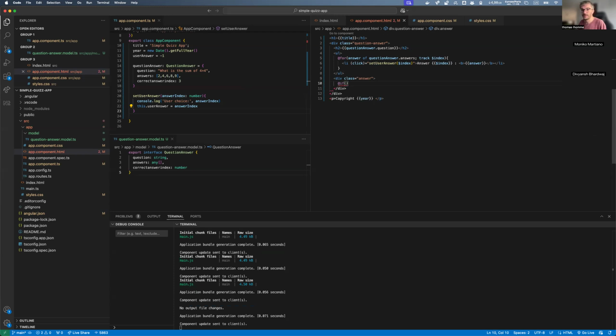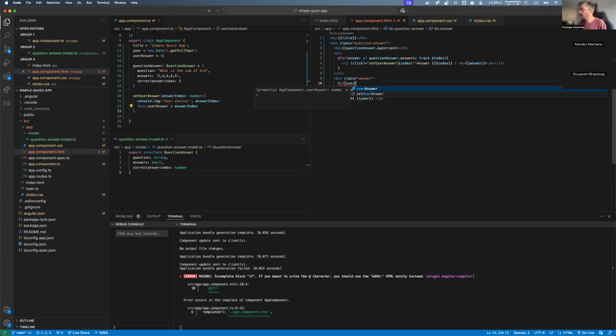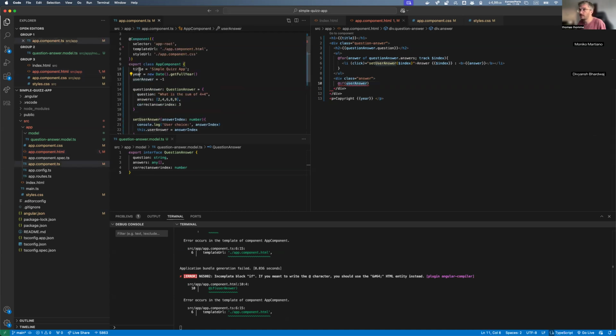If the user answer, you can have access to this value because it's like the other one.